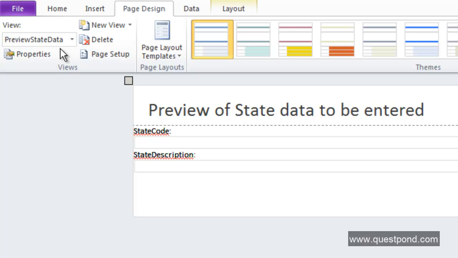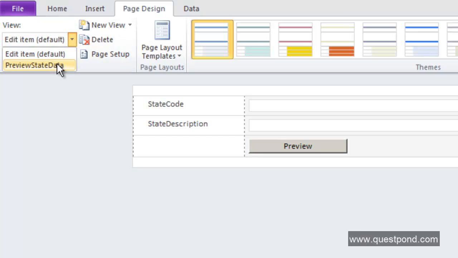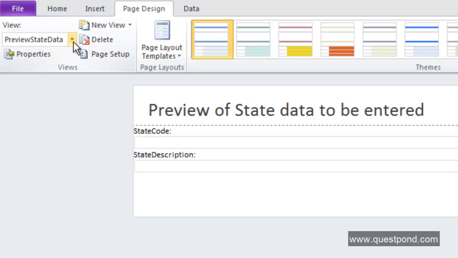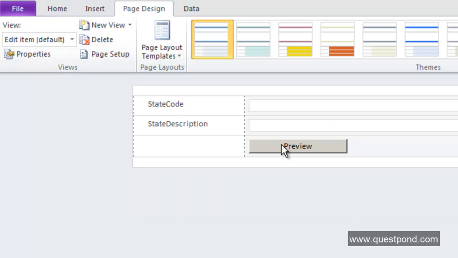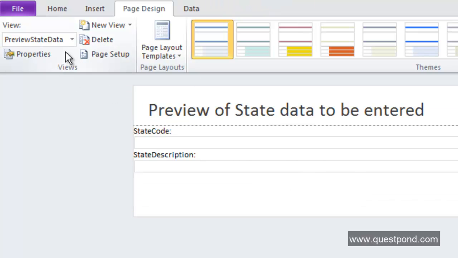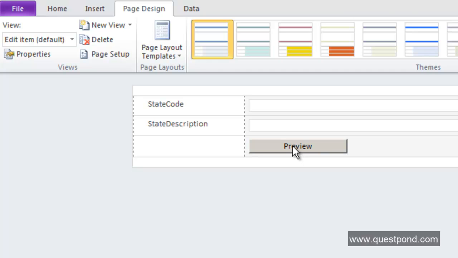Now we also should be able to connect both of these screens, because we have not yet connected these screens. So if you see, the edit item is an individual screen and the preview item is still an individual screen. So let's do the connection part. In the edit item, when somebody clicks on preview, we would like to move from this screen to this preview screen, right? So in order to do that, click on the button,